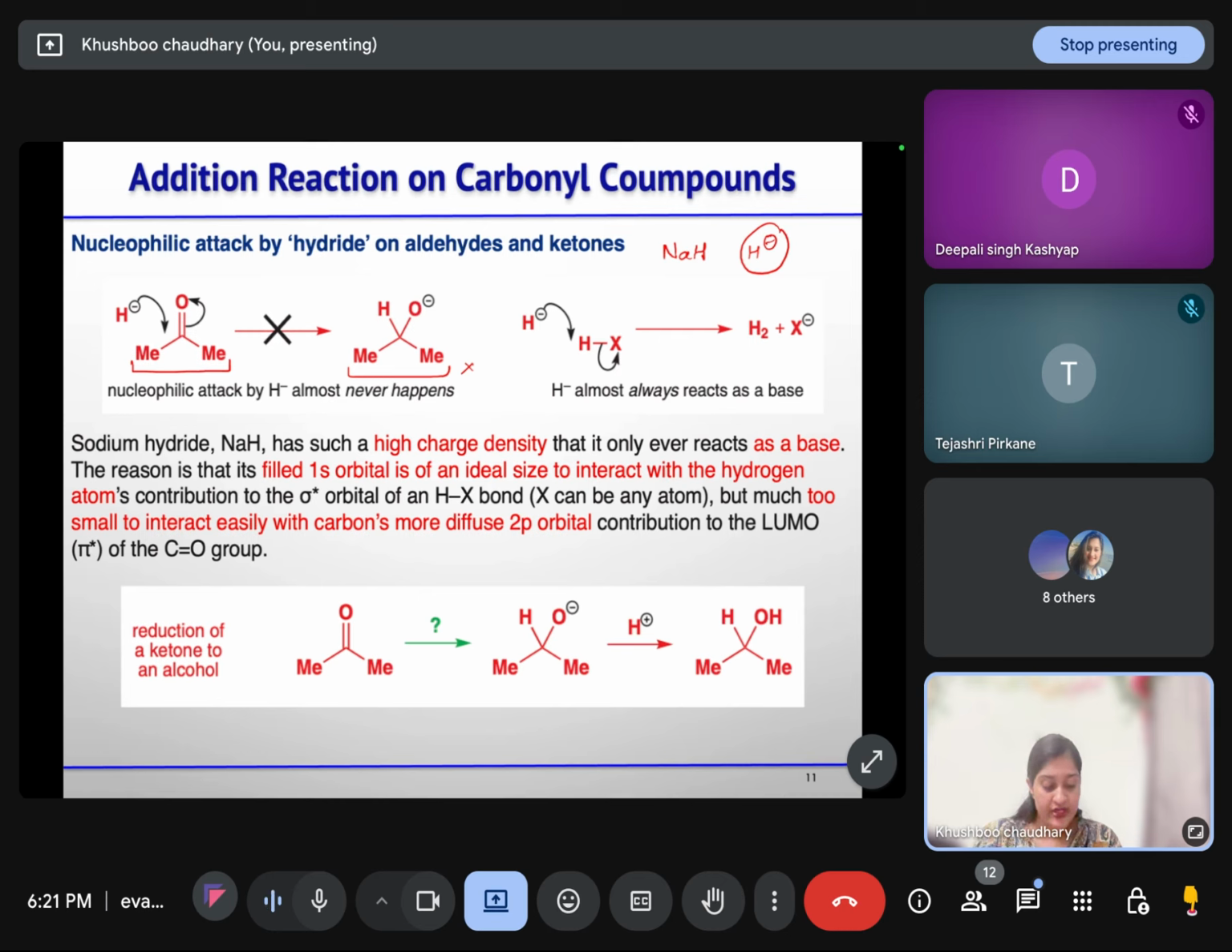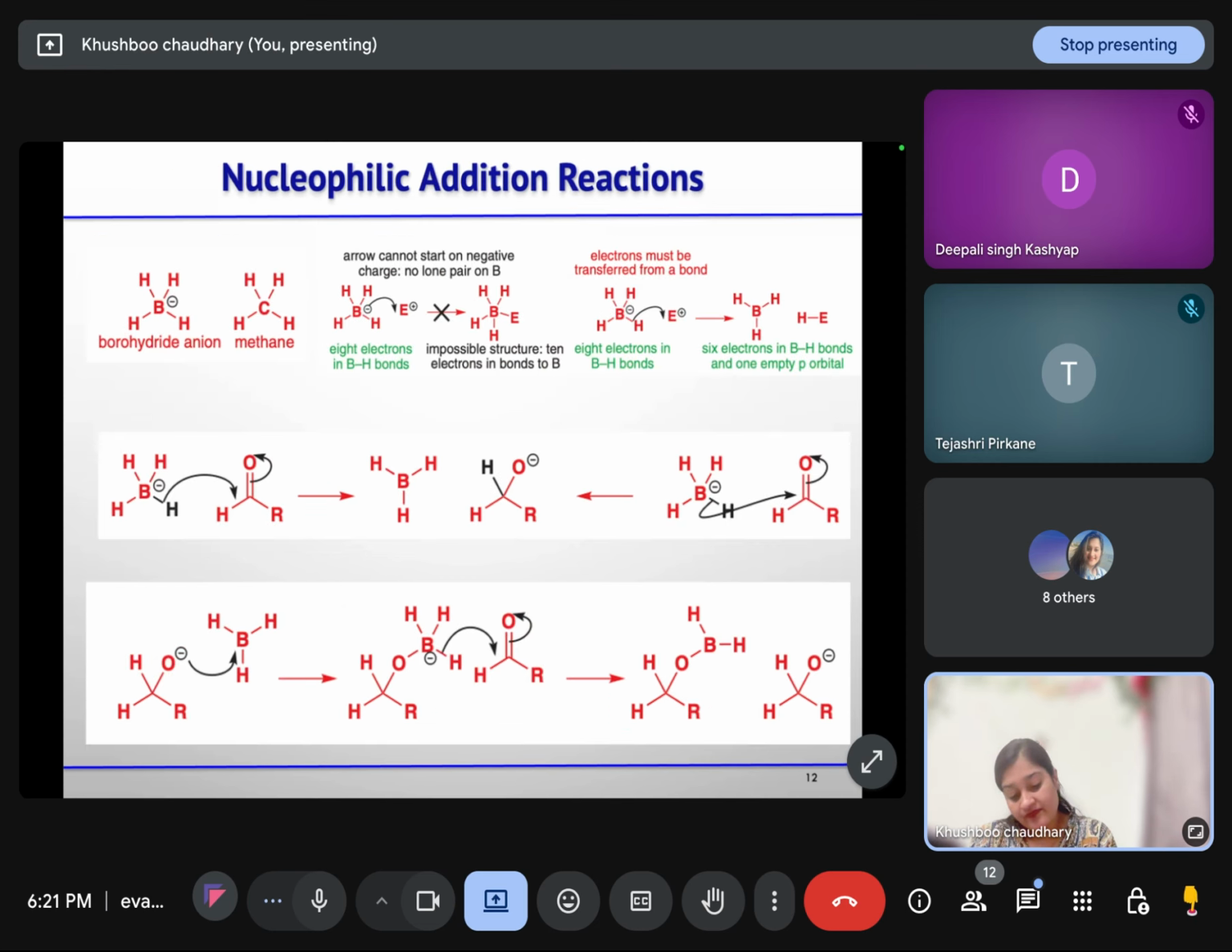Now, if we want to reduce acetone or any ketone because we want alcohol, how can we do that? For that, we can use the borohydride anion, which has the same geometry as methane. In this case, we show the negative charge on the boron, but boron is an electron deficient species, so after forming four bonds, the negative charge appears, but that negative charge shows that boron is accepting electrons from some other atom,